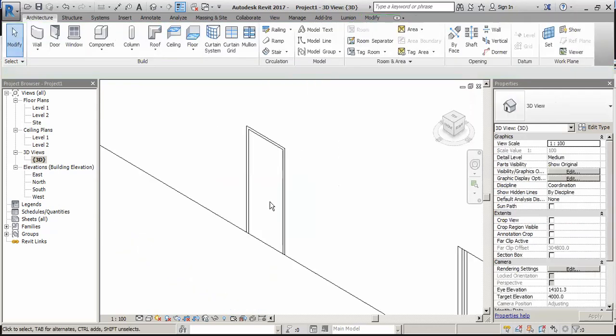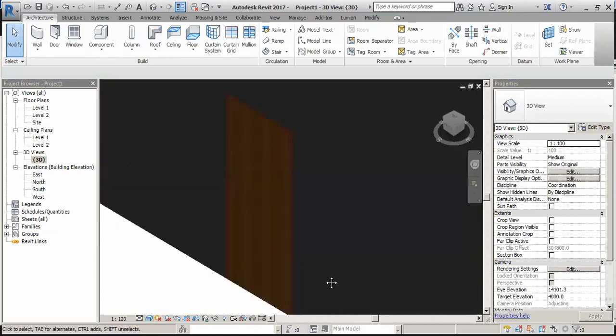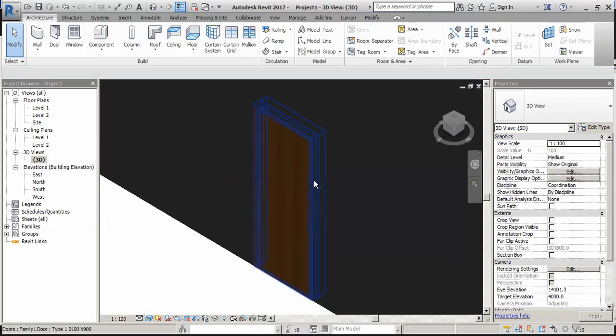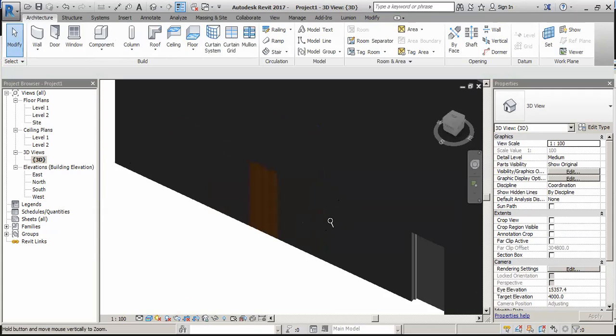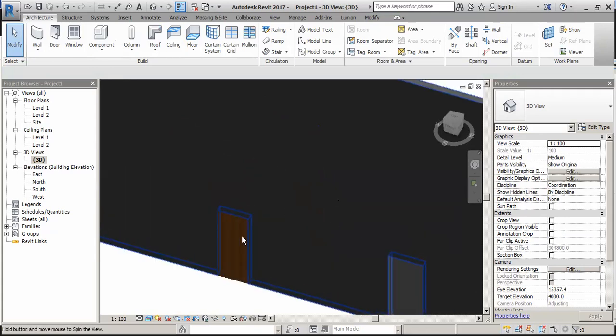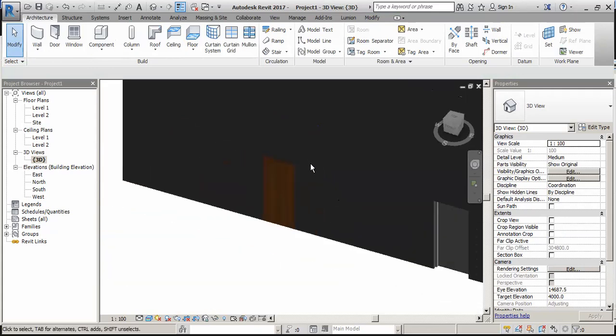So we assigned material with this door family. So go in realistic view. Now you can see this material. We attached material with this door.